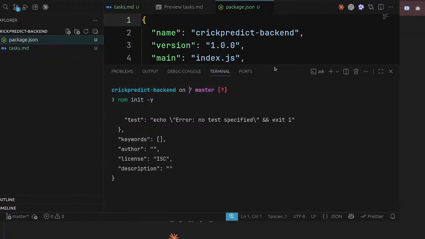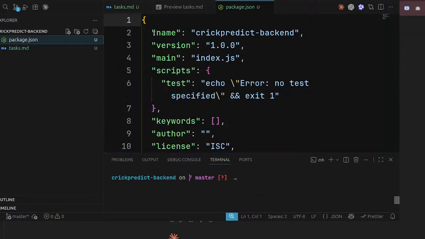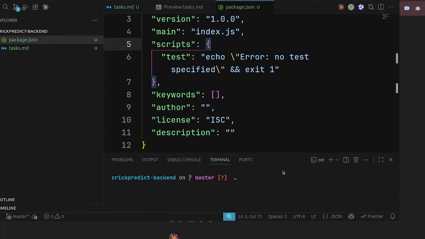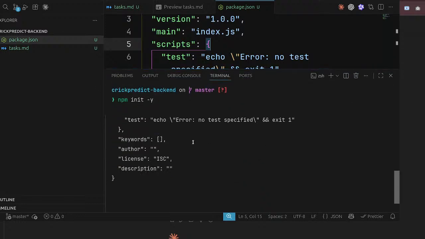Like you can see the name, which is the folder name, the version, and so on. The main file is index.js, the file expected from this folder. And there are scripts, keywords, author, and so on. This is unnecessary. We don't need it.